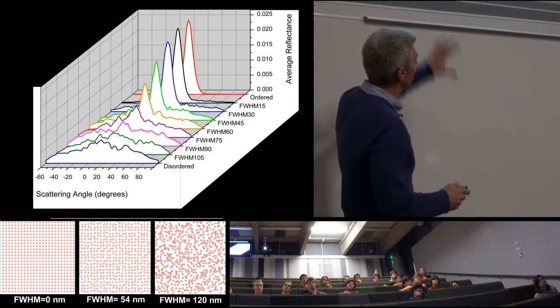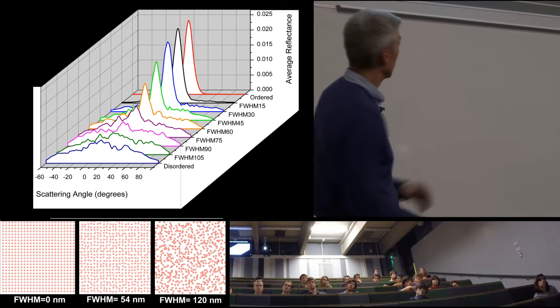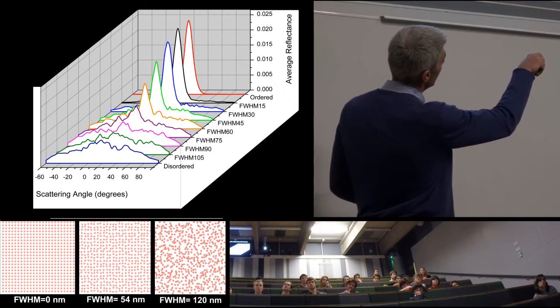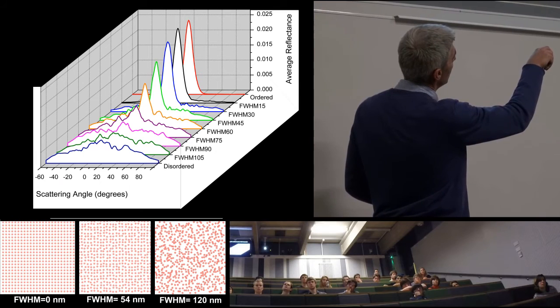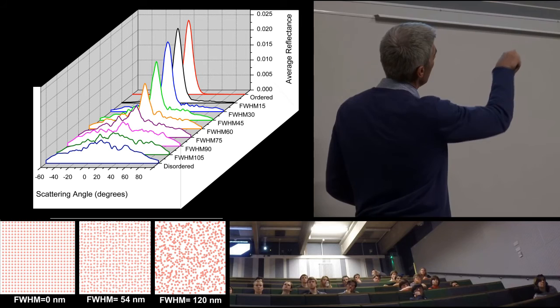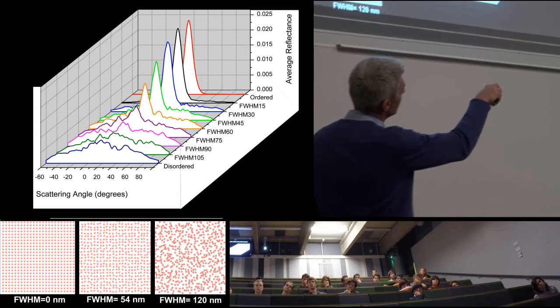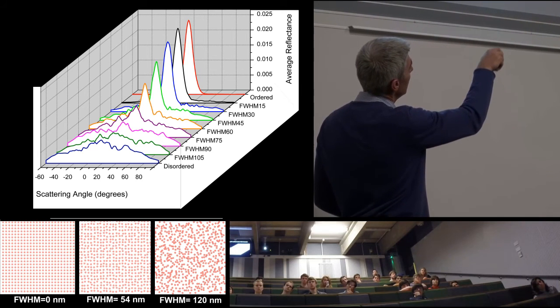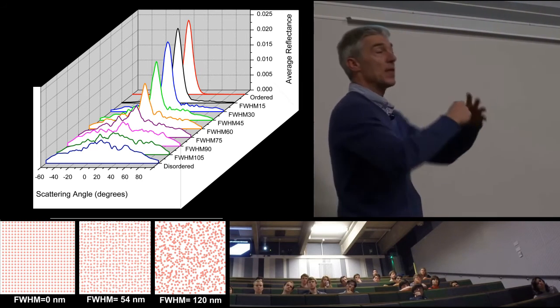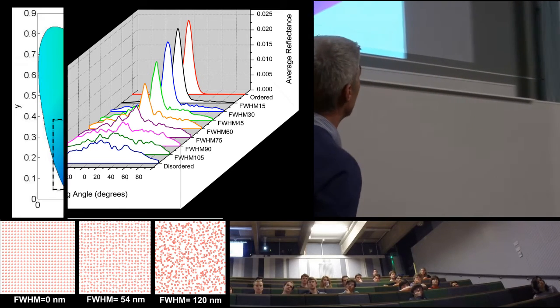And this bit of a convoluted, badly labeled diagram is what we get for part of the model. As we start from ordered, well, at the order we get a very high intensity, and we get very little spread. So that's the scattered angle, how wide it's scattered. As we increase the disorder, the intensity comes down, but the angle of scattering increases. And that's a valuable lesson.